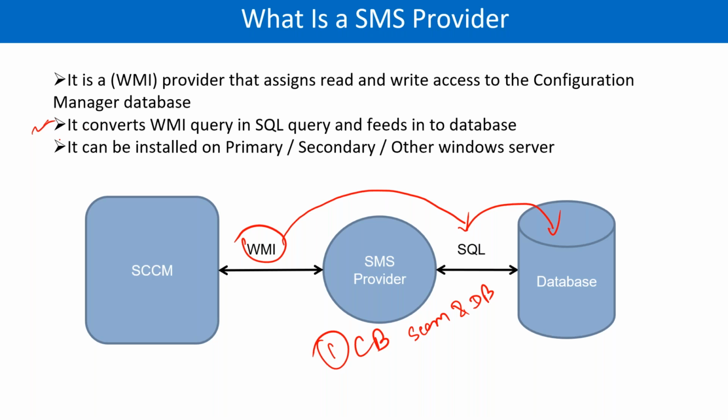And the third point, it can be installed on primary. You can install this on the primary site server. Let's say you install SMS provider here itself. You can install this on a secondary site server, or on any other server. You can also install it on the database server. Okay,